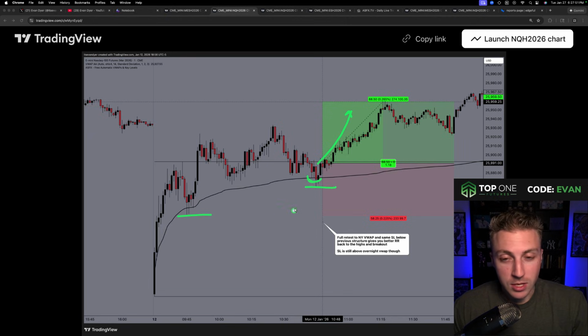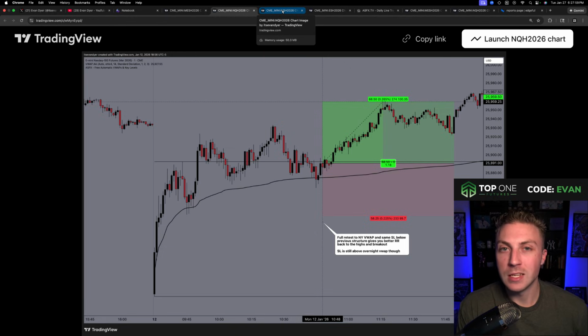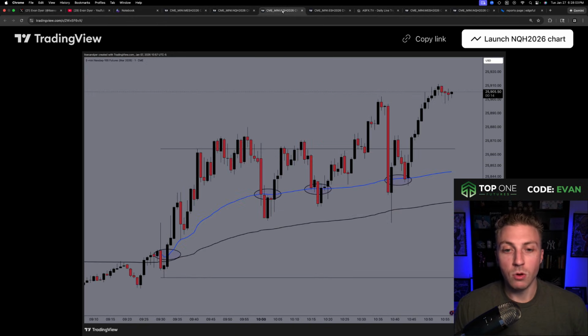And again, I guess you could say it didn't really matter. A stop loss right here would have survived, but that's just not where you want to put it. If you're looking to find consistent wins and hold through the idea until it's invalidated, you want to give it that space. This whole strategy is about the New York VWAP bounce.